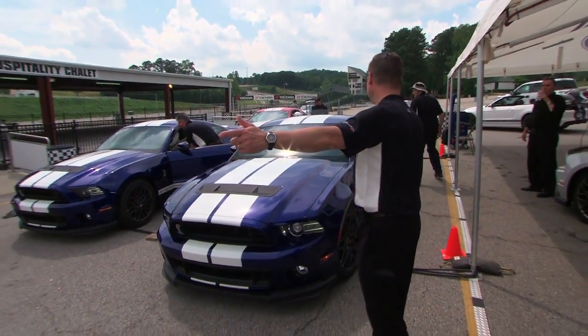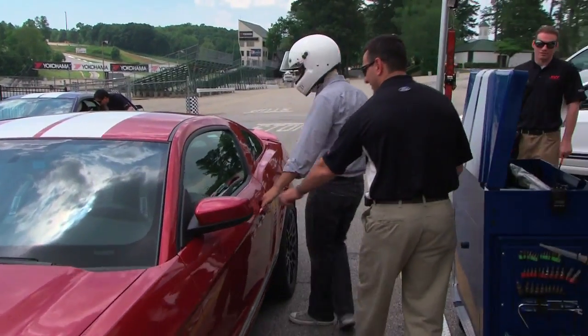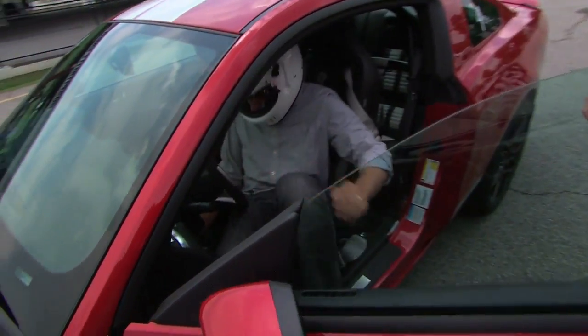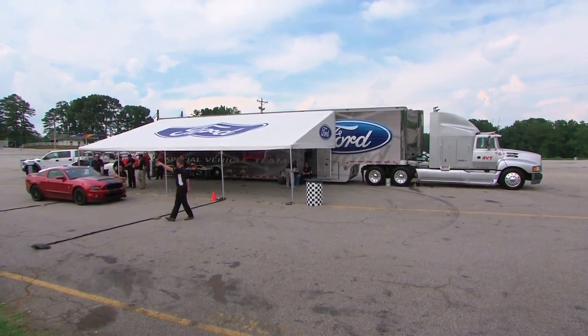CAD is a normal thing that we use to make sure that all the parts fit together and move together before you build them. The 7-post shaker that I was mentioning to you helped us really tune the sport mode and make sure that we had the tire in contact with the pavement as much as possible. And we went to multiple wind tunnels across the U.S., including Windshear and our own wind tunnel in Dearborn. A lot of that is the dampers and